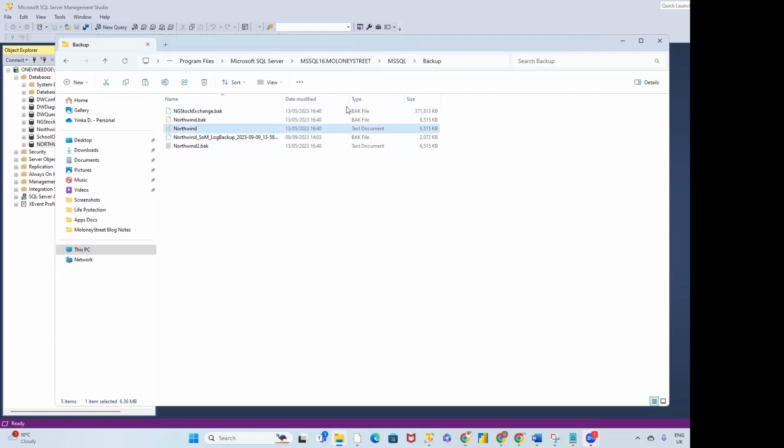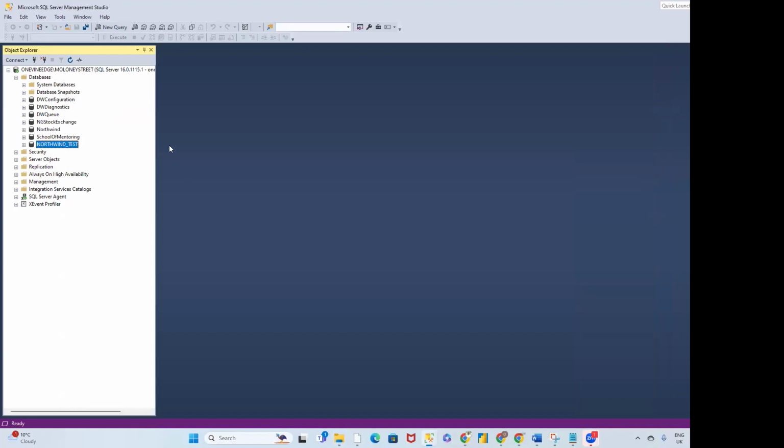Once you do that, it's going to come up like this, right? Meaning that your backup file is there, and then you will see the file name. This one is corrupt, that is why. Then you see the file type comes up as BAK file, which is backup file. That's what the BAK file means. Once you do that, you can minimize this, and then you come onto your SSMS,